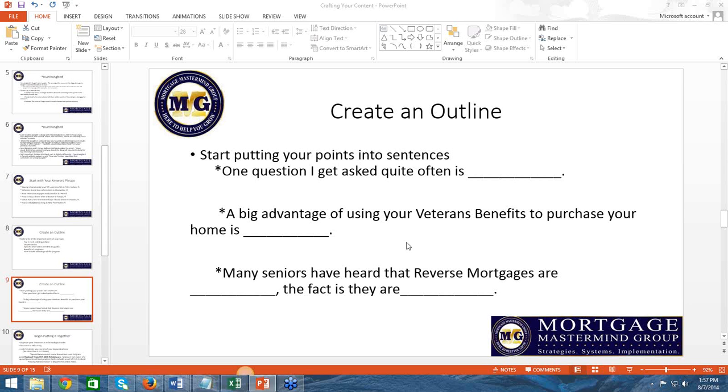Turn your bullet points into sentences and organize them, and then sprinkle in your keyword phrase. Have a nice, good call to action that tells the people exactly what you want them to do next. And guys, it's done. And once you've got it, now you can recycle it. You've got the tools available. Just change the title up, change the localization up, and you're recycling your articles over and over again.